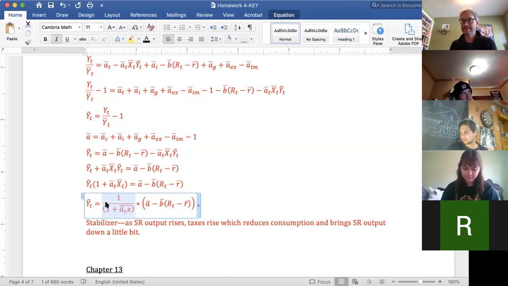I'm going to take our IS-MP curve and I'm going to make a change to it, right? And then ask you to think through, well, what happens? Does this change? How does this change the model? And very importantly, what's the intuition, right? A couple of you